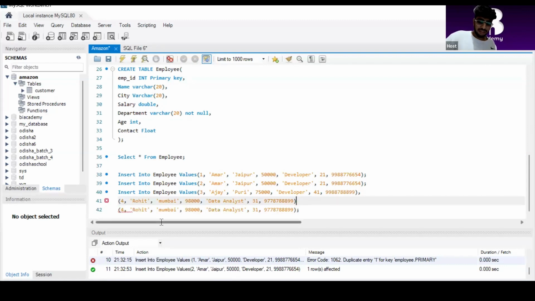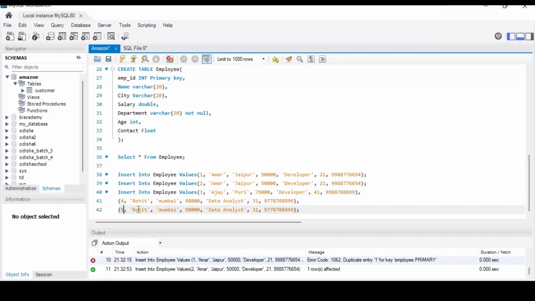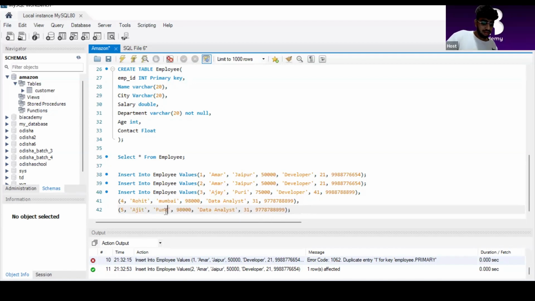कुछ नाम दे दो जल्दी जल्दी से so that I can enter values. अजित, ठीक है। Is from let's say Pune and data analyst है और सैलरी इसका 85 कर देता हूँ मैं। ठीक है, and बाकी सब ठीक है।